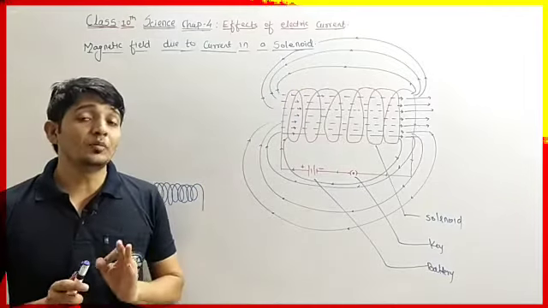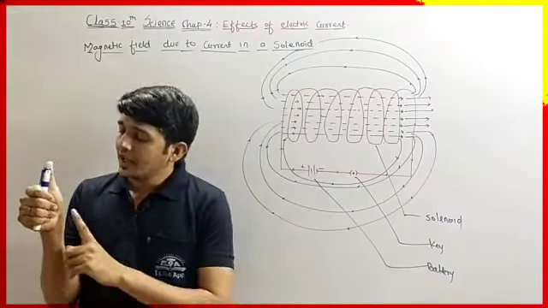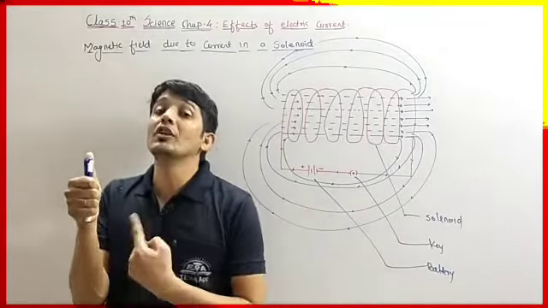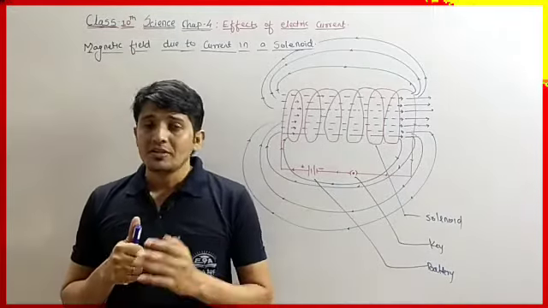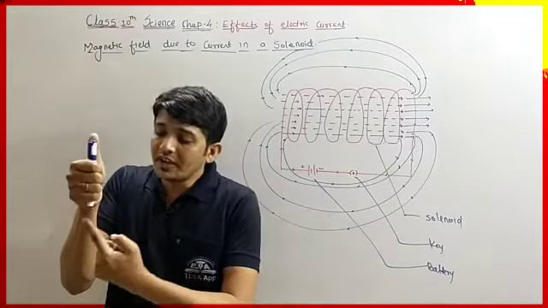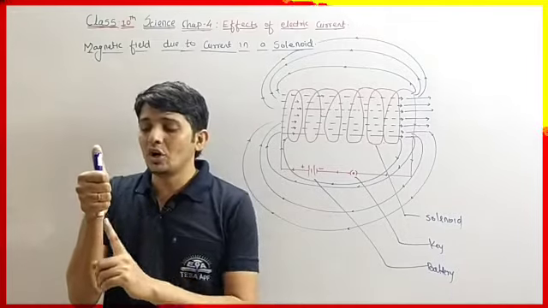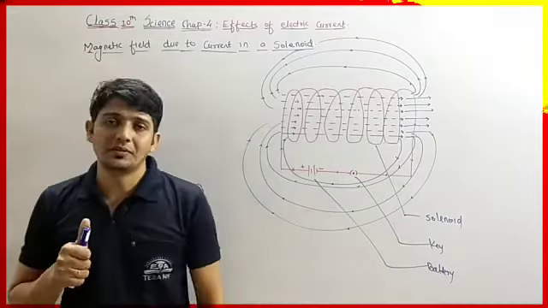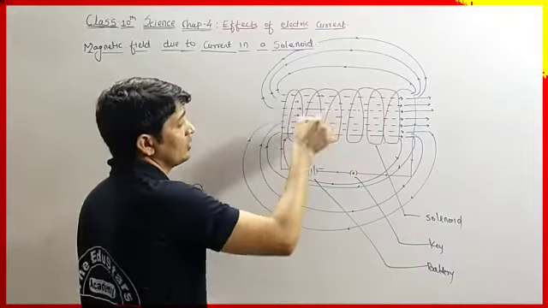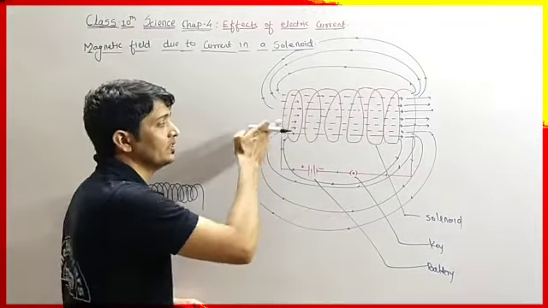So what was the right hand thumb rule? When we hold the current carrying conductor in such a way that the thumb shows the direction of flow of current, then the curved fingers will show the direction of the magnetic field. Here we just have to think of the converse of the right hand thumb rule. If current is flowing through the circular loop, then the magnetic field is produced according to the direction of the thumb. Likewise here, see the current flowing in a circular path called solenoid, so the field will be produced in this direction.